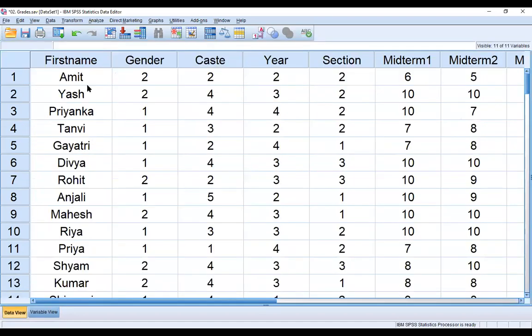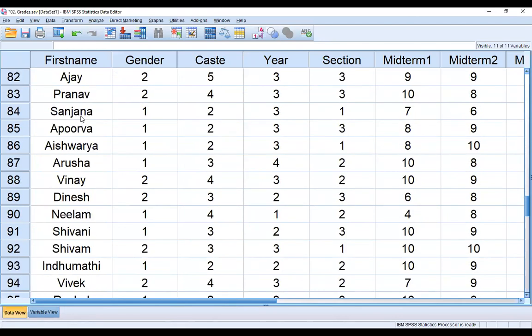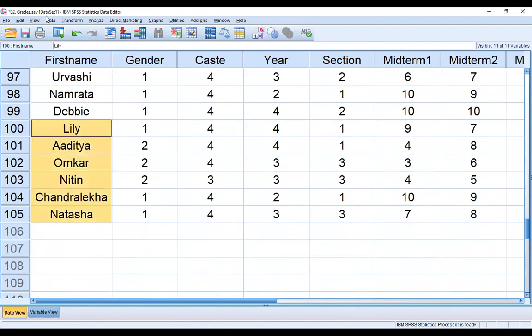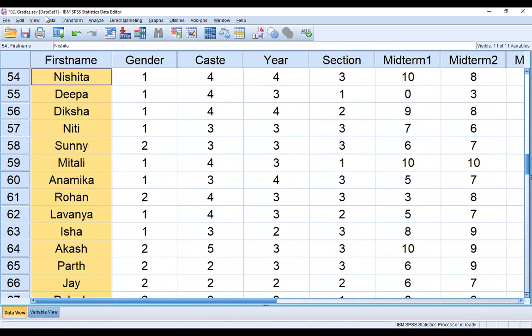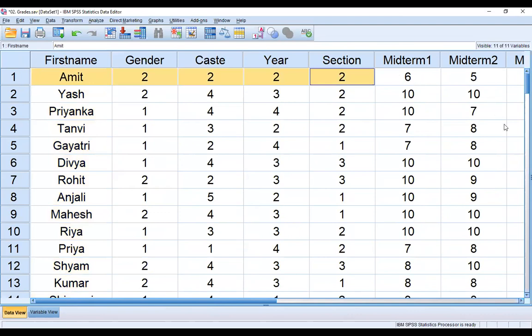Now after entering all the data, you can see the data of 105 students. All the 105 students' data I have entered. So this is about the entry of data.